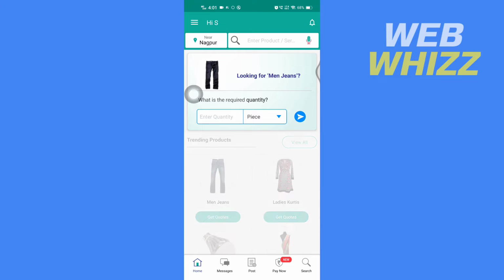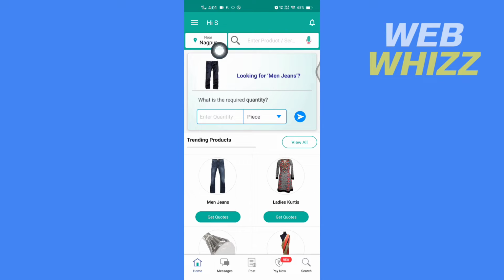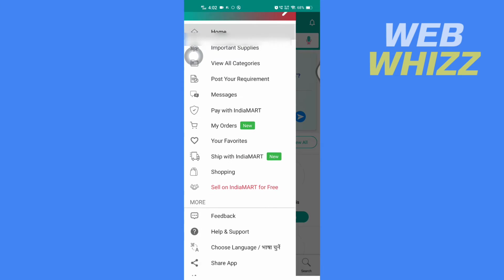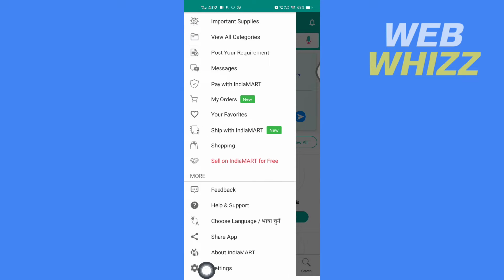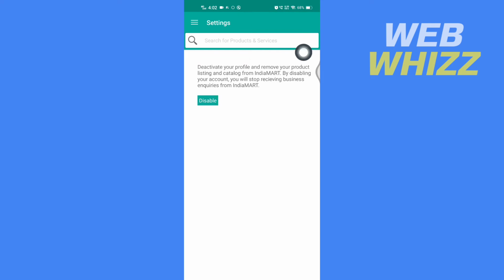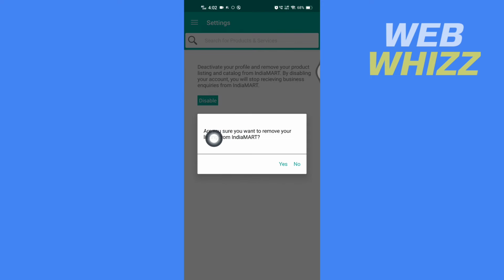And then once you're in the app, you have to tap on these three lines in the top left corner here. And then here scroll down and tap on settings in the bottom here. Now here in settings you have to tap on these three dots in the top right corner and then tap on disable account and then here tap on disable